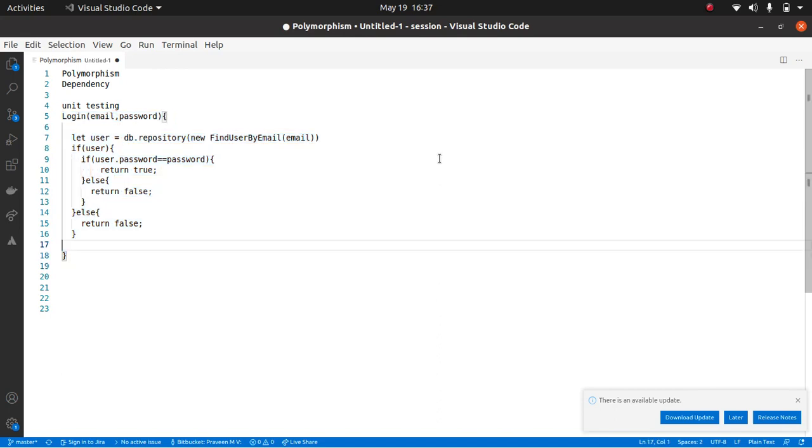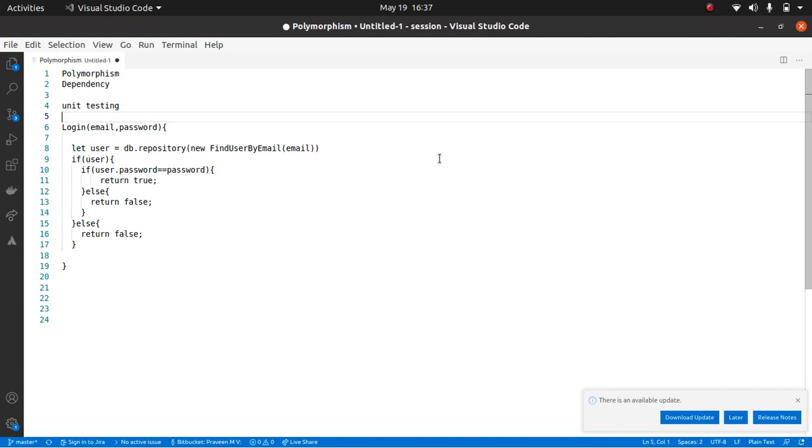So in this test case, should I also test whether the DB is fetching the data properly? Why should I do that? Unit test is just about that code, the logic, whether that is right or not.